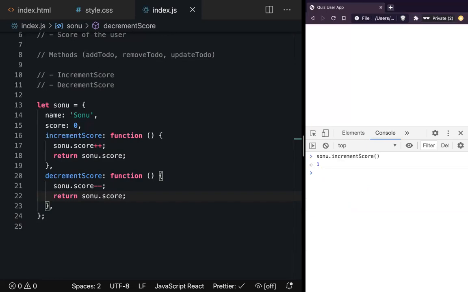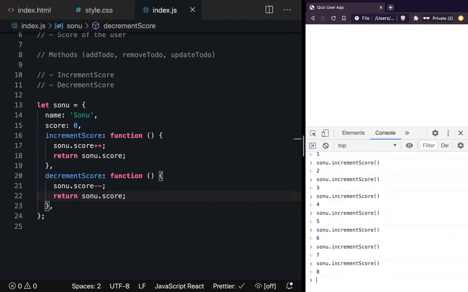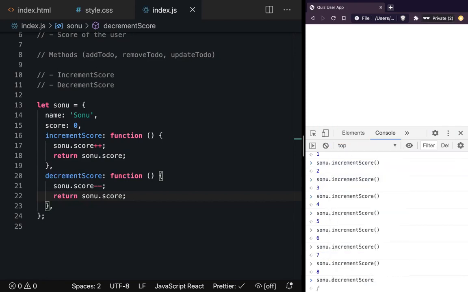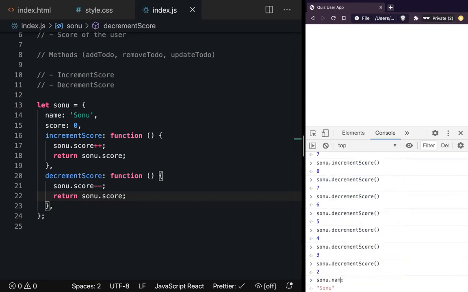Yeah, I didn't refresh the page, so that's why it is returning undefined. But if you say increment score and call it again, what is happening? The score is getting incremented by one every time. Right, like we can also use methods like decrement score, and we can see the score is decrementing here. If I want the name, so what can I say? Sonu.name, I'll get the name.